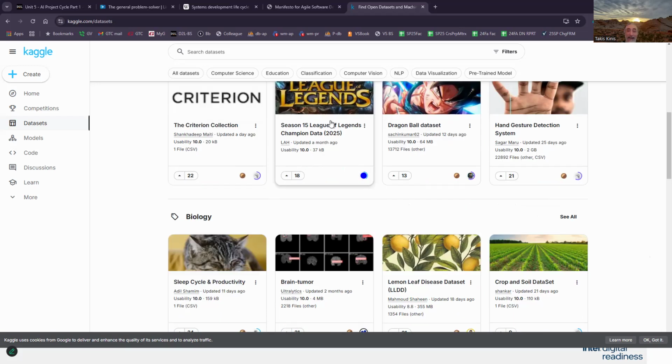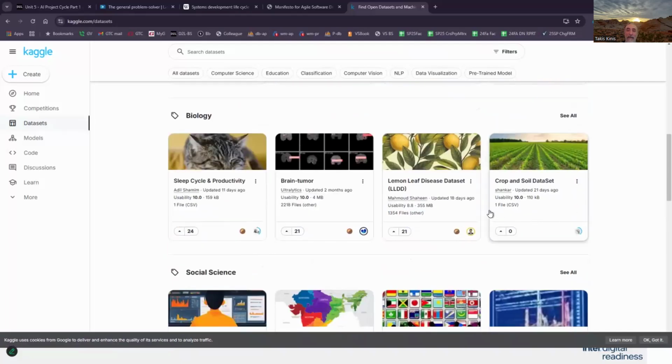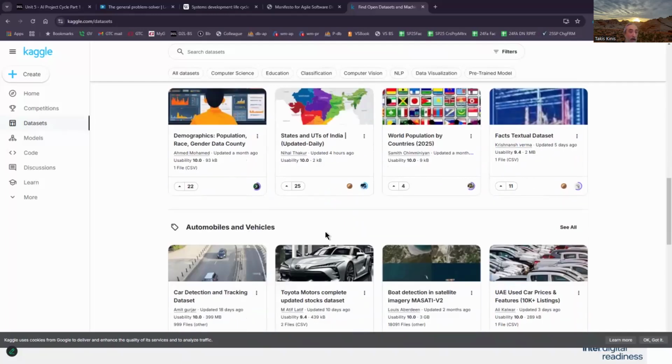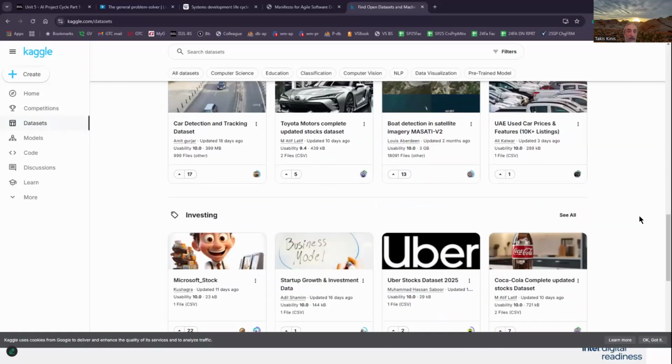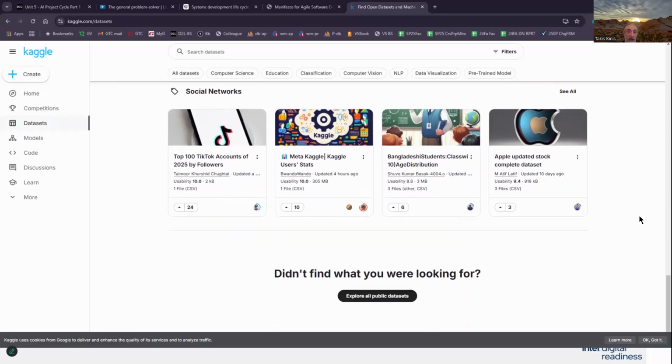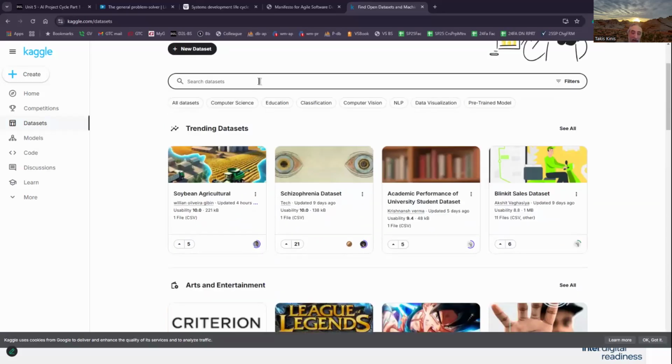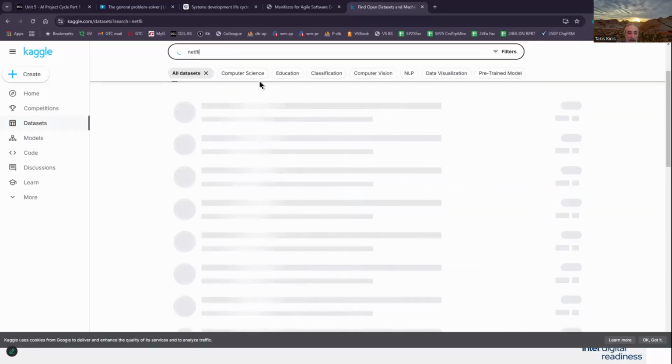Like, okay, look at season 15 of League of Legends champion data 2025, whatever. It's really bizarre stuff. But notice some of the data sets that you can download here in different categories, right? Like vehicle stuff, investing, social networks, etc. I know one that we used to play with a little bit was we would take like,